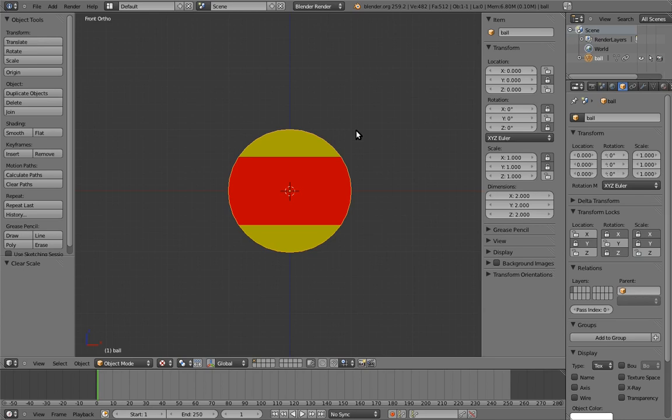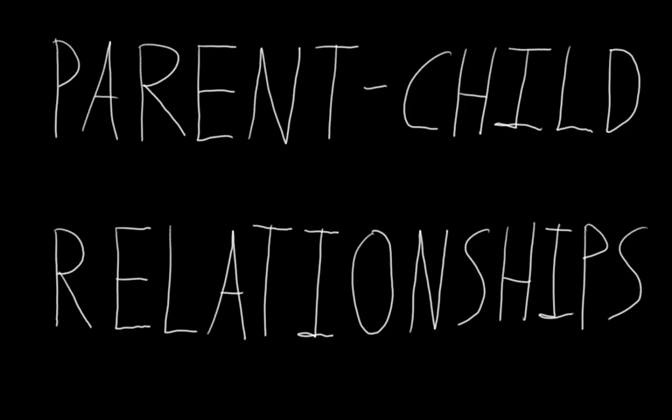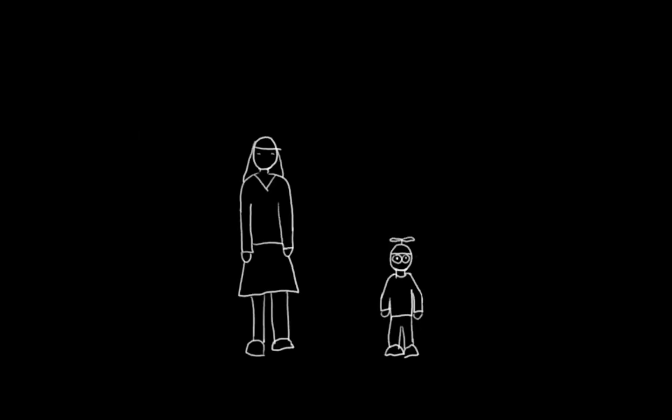in particular, because it also gives me a great opportunity to introduce one of the most basic rigging tools in 3D graphics: parent-child relationships. Right off the bat, when we hear the words parent and child, we think of two separate, independent people who have a certain relationship to each other. But to explain what a parent-child relationship is in computer graphics, I think it's actually easier to think of it